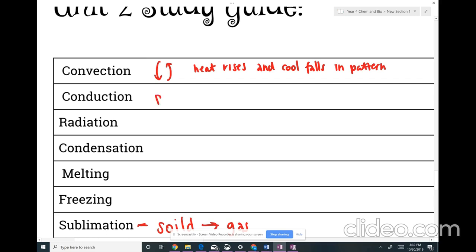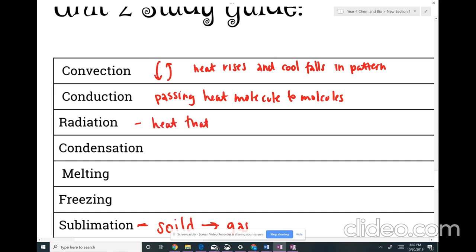Conduction is passing heat molecule to molecule. An example of this is if you put a metal in a really, really warm spot, the metal is going to eventually get warm, and that's your conduction. Your radiation is going to be like heat